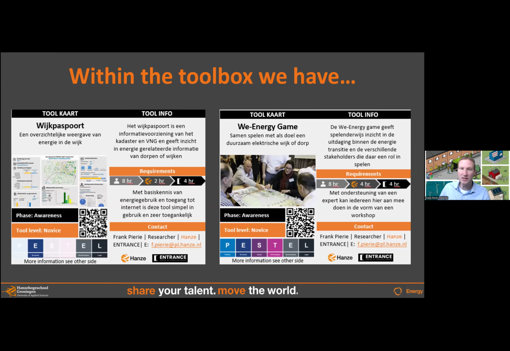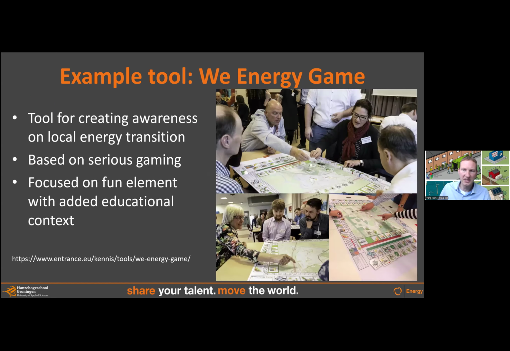If we go further, here are some examples of what could be a tool within this energy transition roadmap. It could be as simple as a game. By playing this game, people can understand what the difficulties in energy transition are and what we need to do together to make this continue faster. Which kind of discussions do we need to have? So this game already helps a lot in awareness and willingness. This could be one example of these tools.